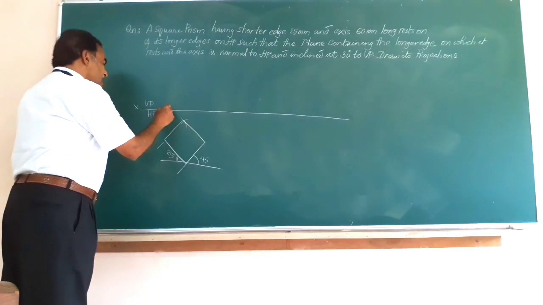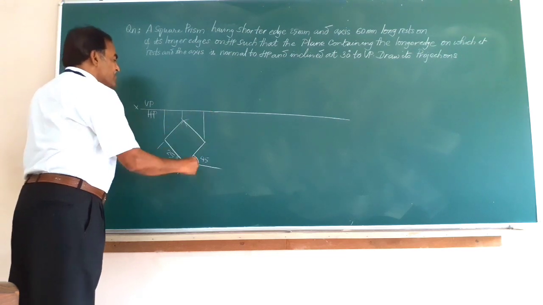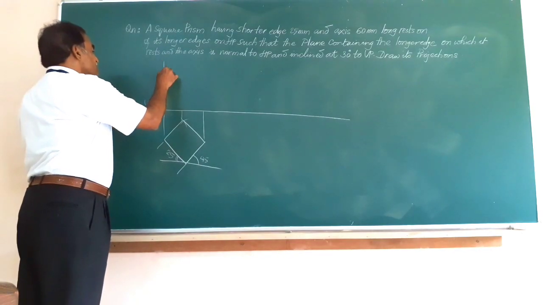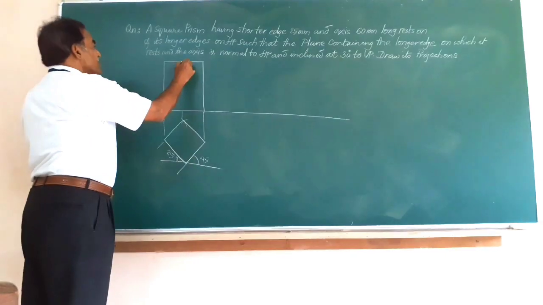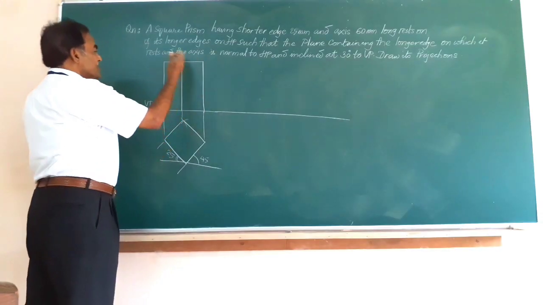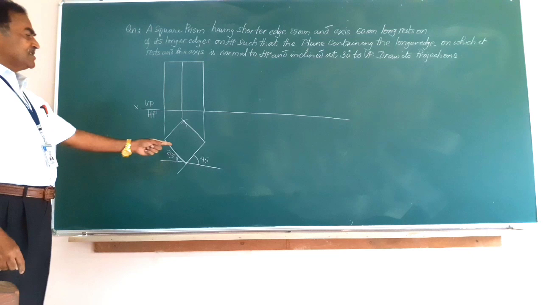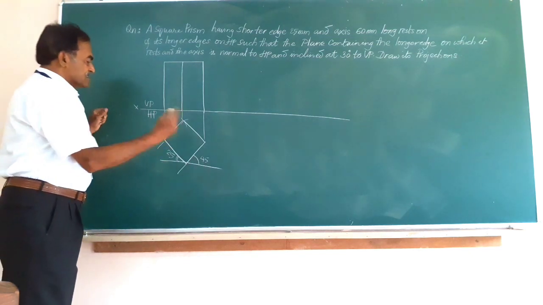And before I mark it, let me construct the front view. And as I have shown before, it is going to be two rectangles. So this is the complete front view. This comes exactly in the center, and this will give you the complete front view of the solid. This is the top view of the solid. Let me mark different corners and centers of the solid.